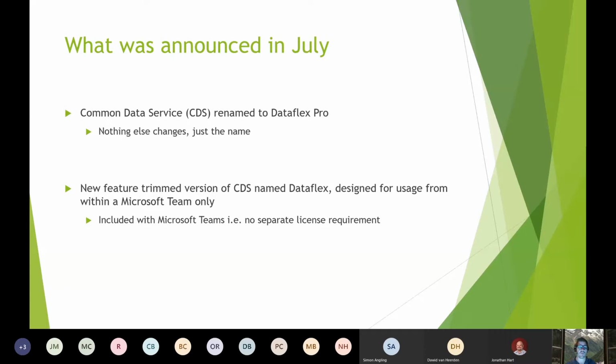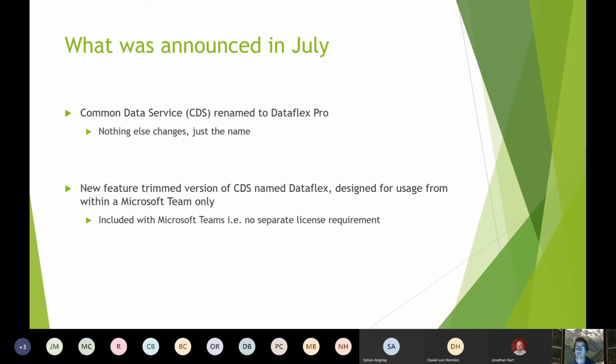And that's all pretty cool. I'll go into specific feature differences of what this means. The other thing to note is that DataFlex, or CDS Lite, is accessible through Microsoft Teams, but also Microsoft Teams only. So it's really designed for apps that run in Teams only.